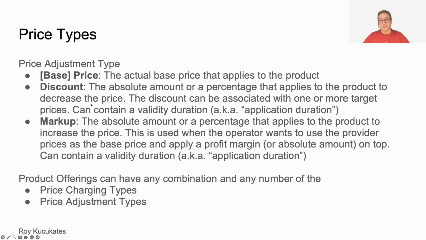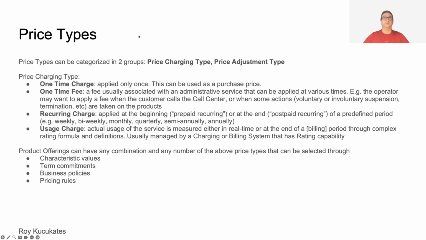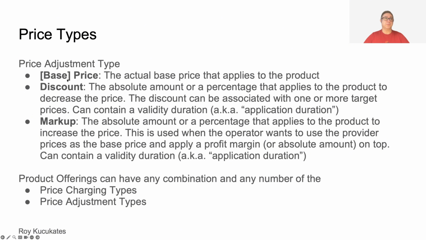Coming to the adjustment types, remember we had the price charging type and the price adjustment types. So adjustment type, you can have a base price which is one time or recurring or the usage or fees. These are the base prices that apply to the product. On top of them, as an adjustment type, you can have discounts or markups. Discounts, as the name implies, it's a percentage or a fixed amount, absolute amount that applies as a negative amount,